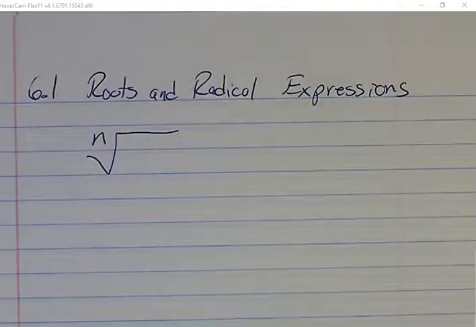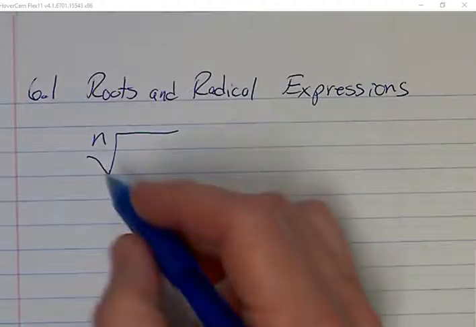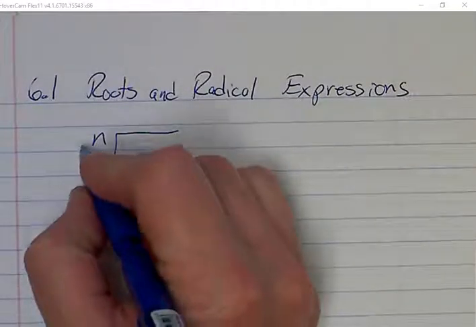Okay, so 6.1, we're doing roots and radical expressions. And basically it starts off with this. We're going to do the nth root. Now, when you have this number on the outside,